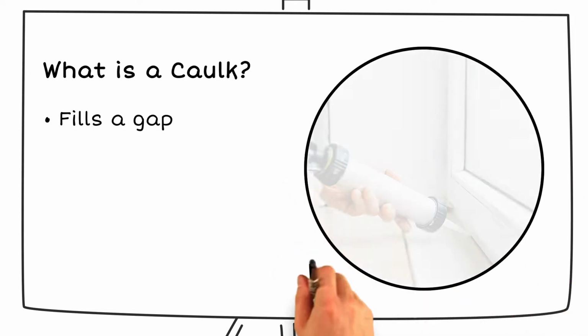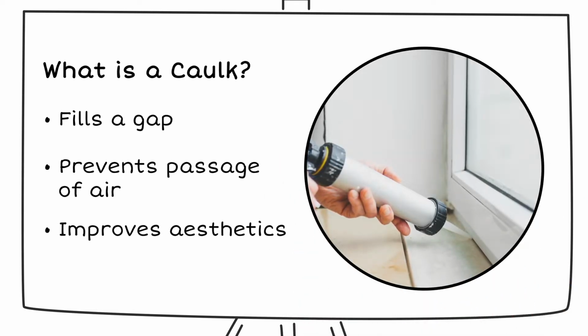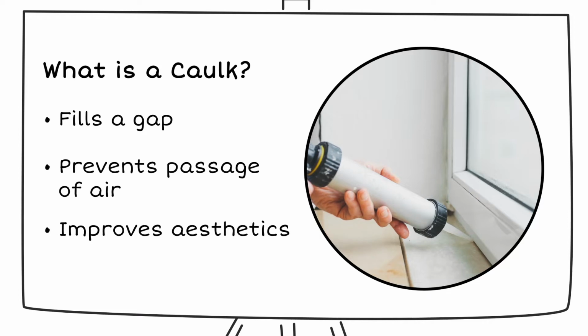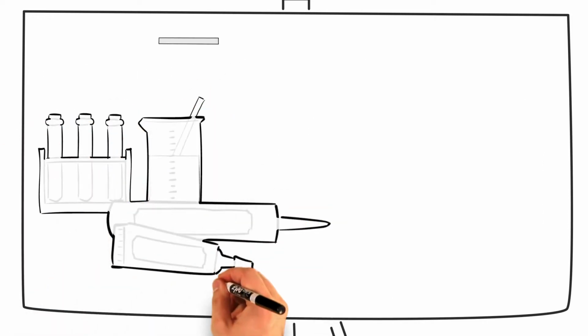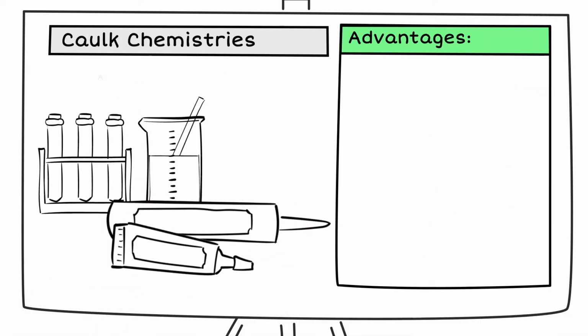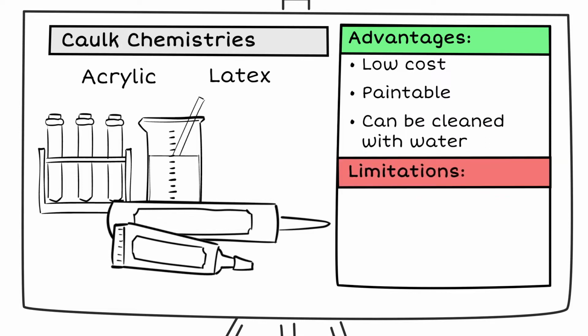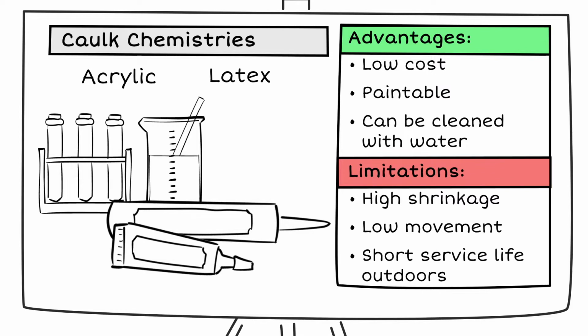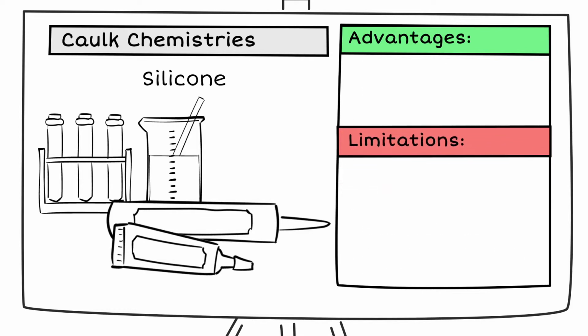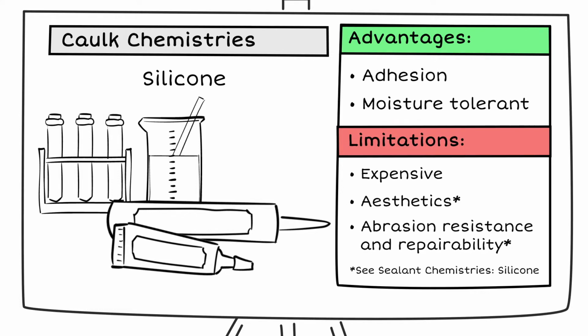Caulks fill a gap between substrates to prevent passage of air and improve aesthetics. Caulks typically do not accommodate movement cycles, especially shear movement. Acrylic and latex caulks offer the benefits of low cost, paintability, and water cleanup, but they have very limited durability. In exterior applications, acrylic and latex caulks exhibit high shrinkage, low movement capability, and may have a very short service life. There are also silicone caulks, which have good performance, but are expensive and have other limitations that we'll revisit